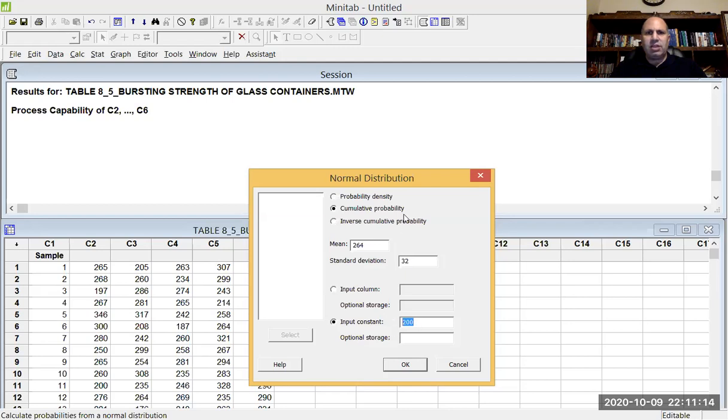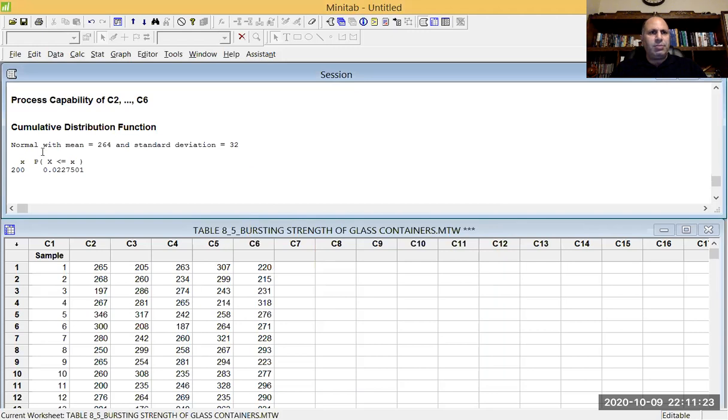I already entered the data for you. So we select the cumulative probability. And let's see what is the probability here. As can be seen here, the probability of the bursting strengths to be less than 200 is